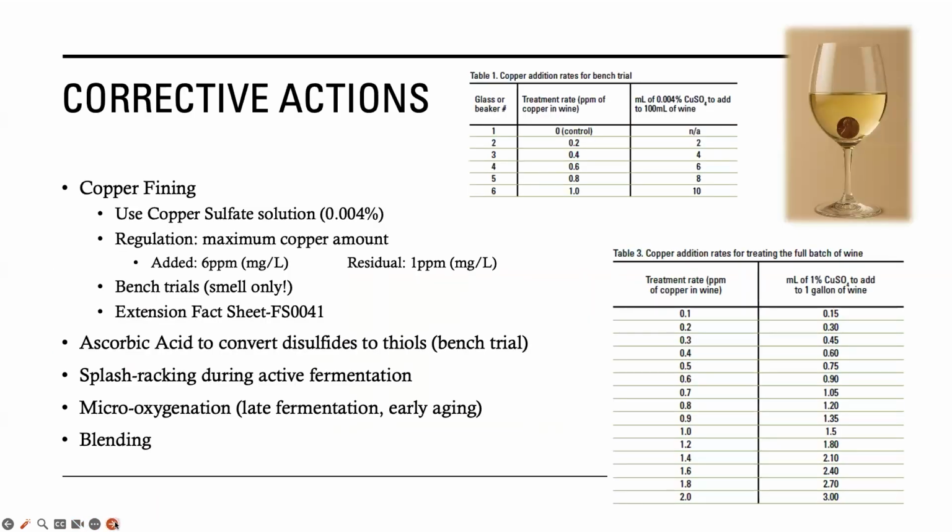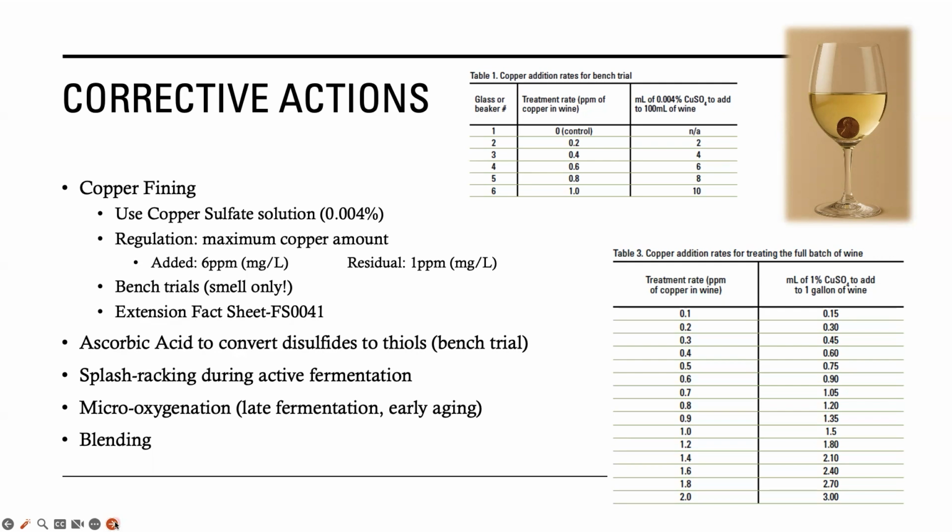Corrective action. So this is intervention at this point. We've talked about prevention, intervention now. You could do copper fining. Copper fining should be used as a last resort, I would say. There is a very low limit of copper allowed in wine. Copper is very toxic. And so the TTB is very careful,